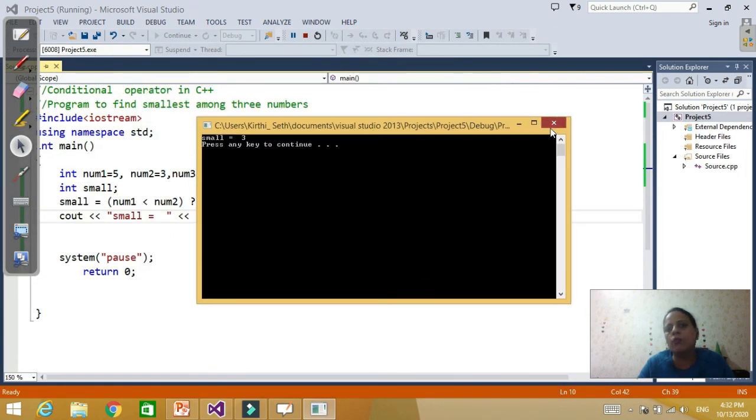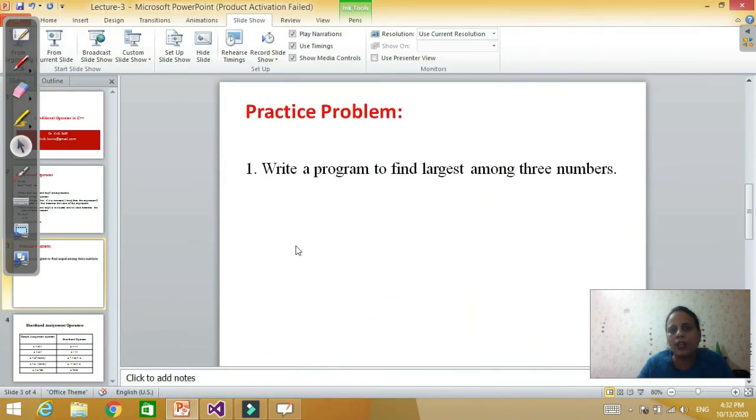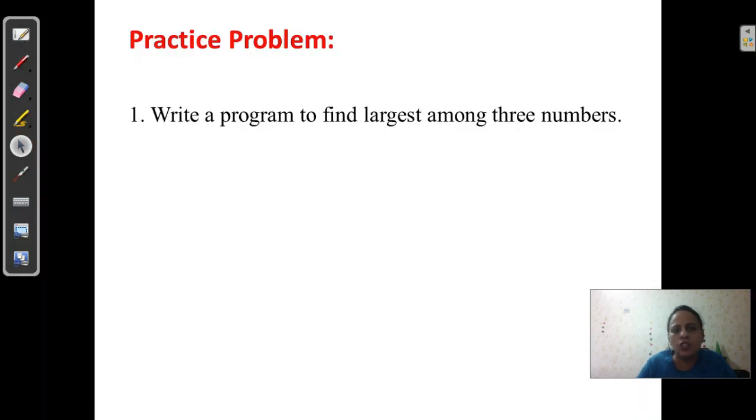So this is all about the conditional operator. Now you should practice this problem: write a program to find the largest among three numbers. If we have conditions to check and we want to put our result on the basis of these conditions, then we use the conditional operator. Thank you.